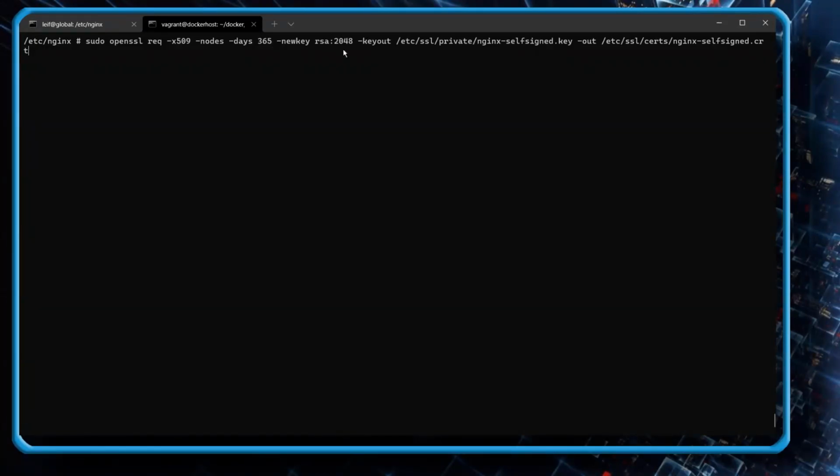-newkey rsa:2048, judging by the conversations we've had so far today, also pretty self-explanatory. Essentially, we want to create a new certificate and a new key at the same time. And rsa:2048 tells us to make an RSA key that's 2048 bits long, fairly secure. -keyout tells us where we want to store the resulting key, and -out tells us where to store the resulting certificate. So not very complicated, but once we do this, we're going to be presented with a number of